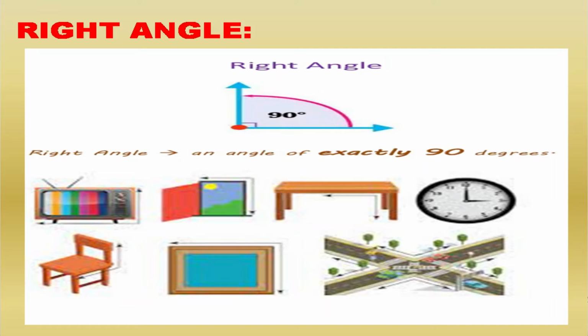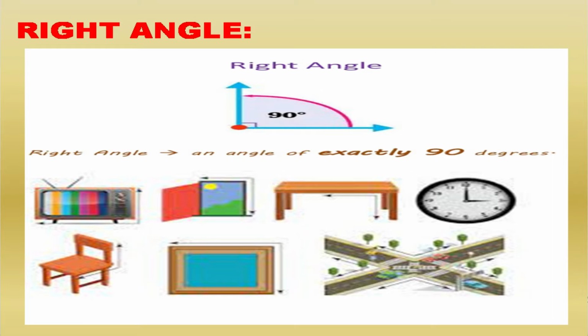Students, in the second part you had learned about two basic angles, that is the right angle and the straight angle, with respect to two examples, that is hands of a clock and directions. So today again we start with right angle. Remember what we learnt about right angle? Right angle is an angle of exactly measure 90 degree. An angle which has measure exactly equal to 90 degree is called a right angle.